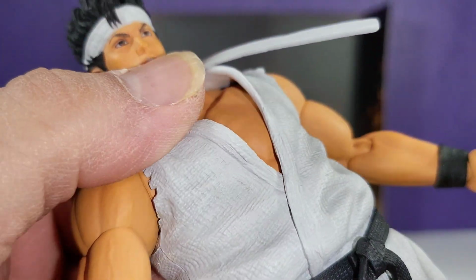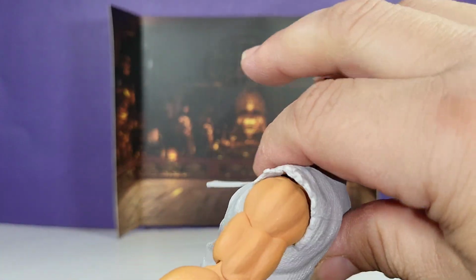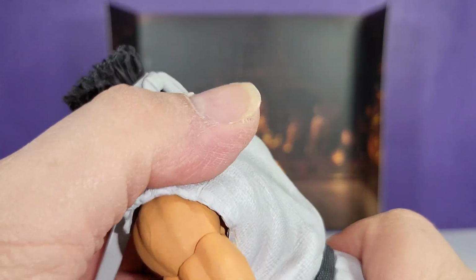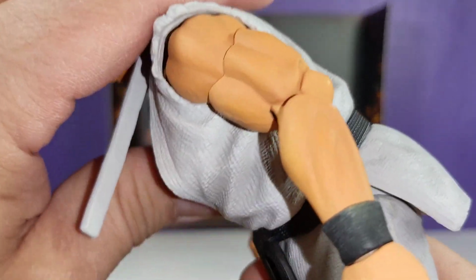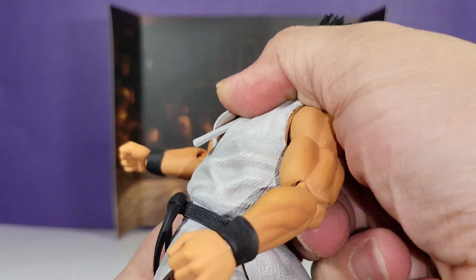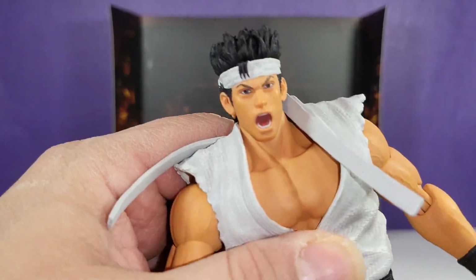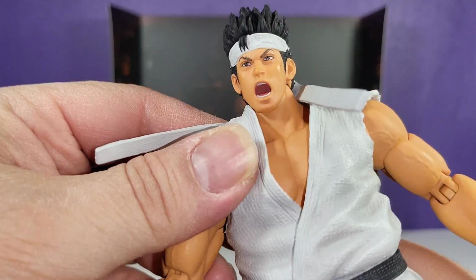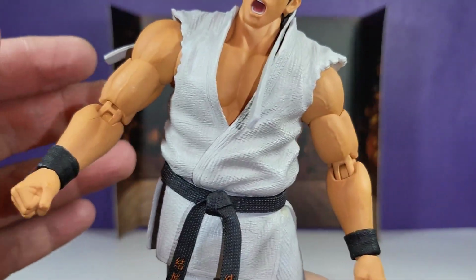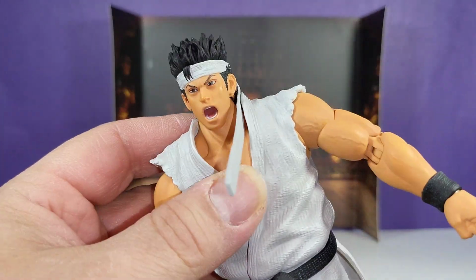And he has the torso articulation inside the skin, or the endoskin rubber piece, so he can go forward this much, like so, and then he can go and hyperextend back that much. Plus, I believe it gives you also the ability to have left and right tilt. As you can see, I can pose them, and